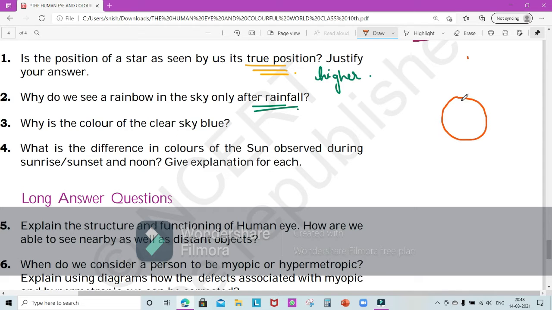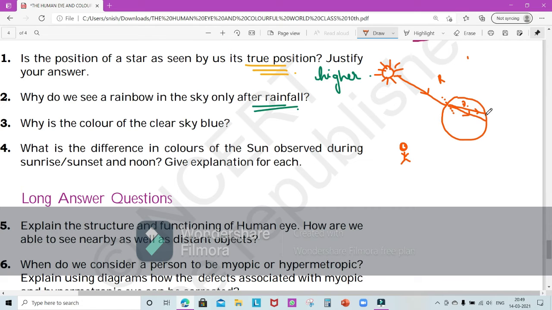During rainfall, we'll see a raindrop, and here's the sun. I have drawn it again, but just to justify this one, we'll do it again. Here is the person, pointing his eyes towards this, and the sun is behind him. The rays of light enter like this. The white light enters here. It undergoes refraction, right? It's going from a rarer to a denser medium, water inside. So it's going to bend like this.